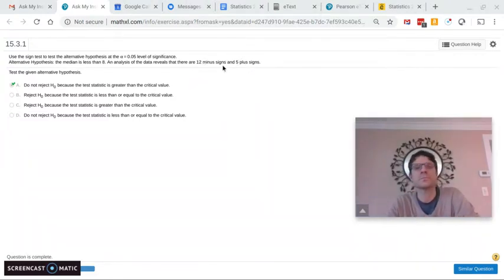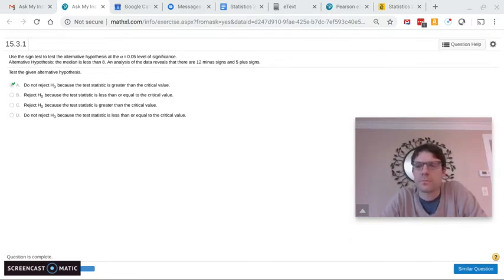It's the opposite. If your null hypothesis is that the median is 8, you're expecting an equal number on each side. So one way to say that is we're expecting this to be not so large and this one to be larger than it is. It should be closer to the middle of 17,